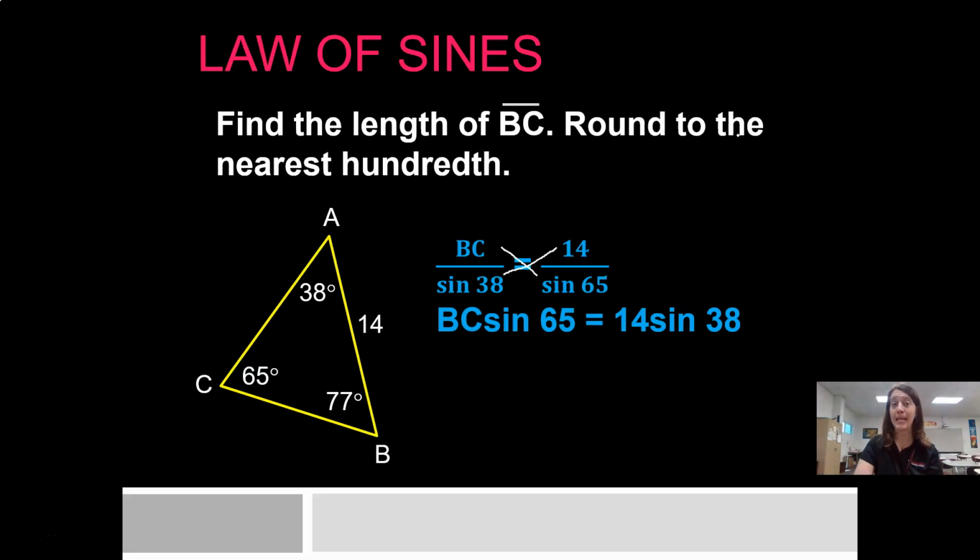We're trying to get BC all by itself. So how do I cancel that multiplying by sine 65? I'm going to divide by sine 65. Whatever was necessary on your last question with how you enter that into your calculator, the same thing would be